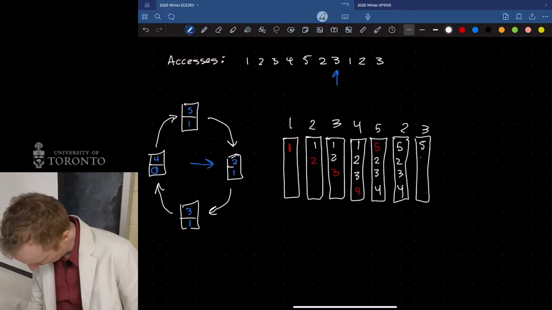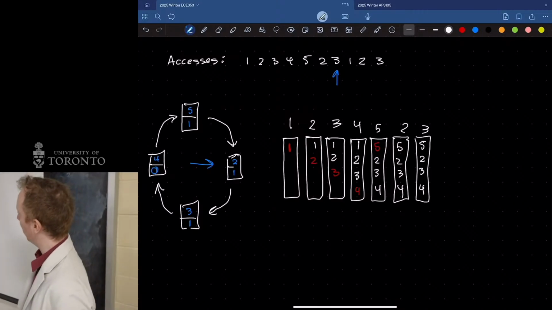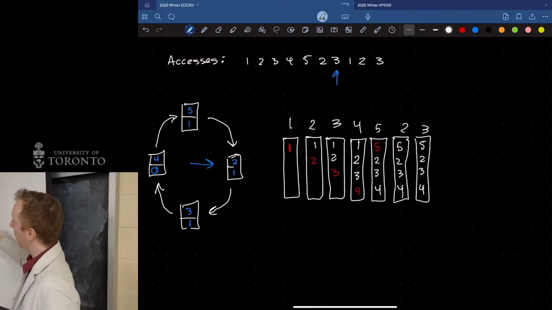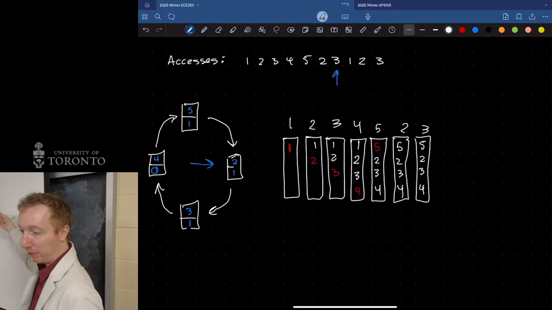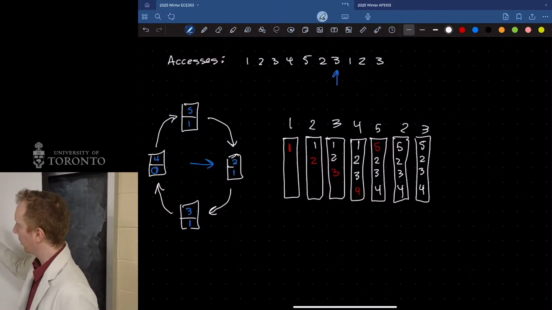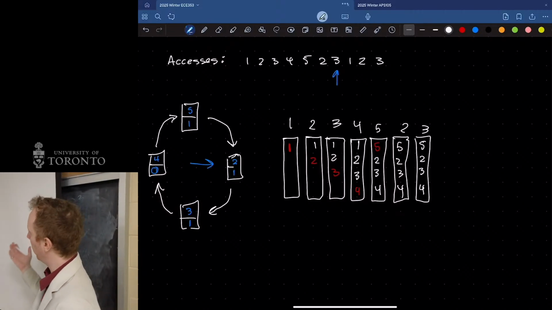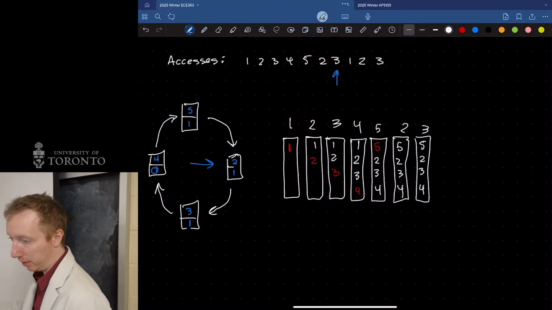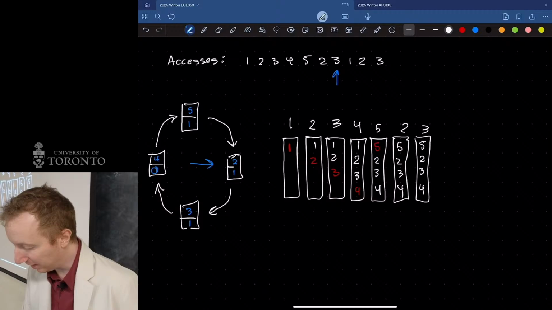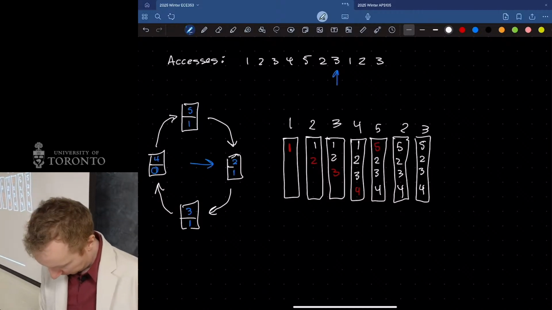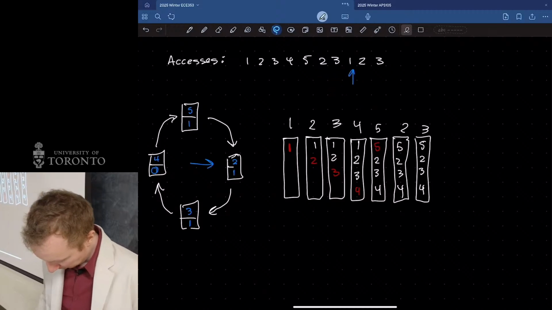So we have 5, 2, 3, 4. And you can kind of see how this works. So now if I look at this and I'm trying to replace something, well, I'm not going to replace 2 anymore because I just used it. Not going to replace 3 anymore because I just used it. Not going to replace 5 because, well, I haven't got to that point yet, so I must have used it recently-ish. So now when we get back to page 1,